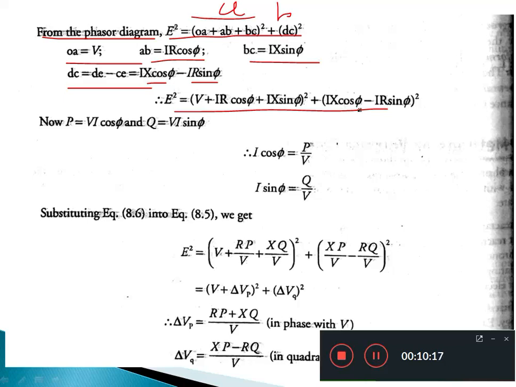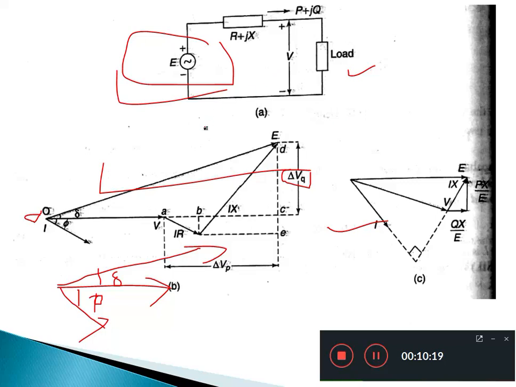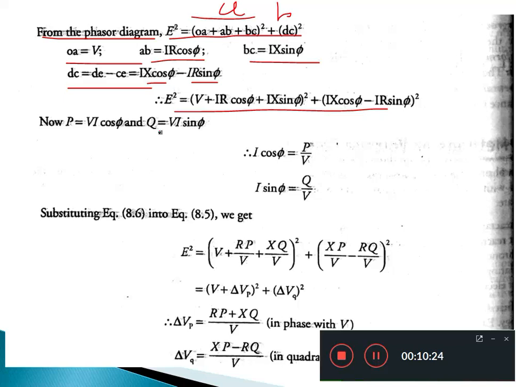From the vector diagram you have to write all these equations. This is the main vector diagram which you can use for writing the expression. Clear? Then you will get P equal to VI cos phi, which is nothing but real power, and VI sin phi is nothing but reactive power. From this equation just rearrange the terms for I cos phi,